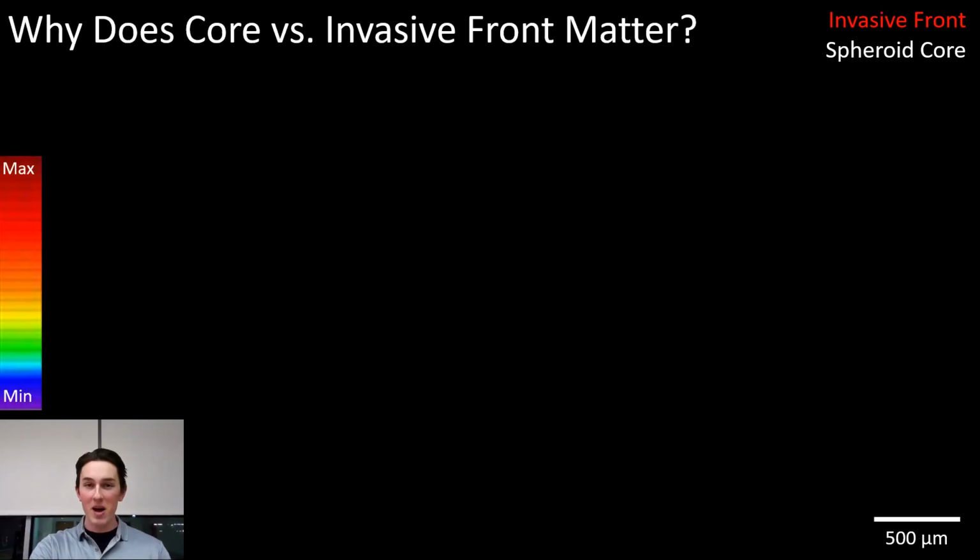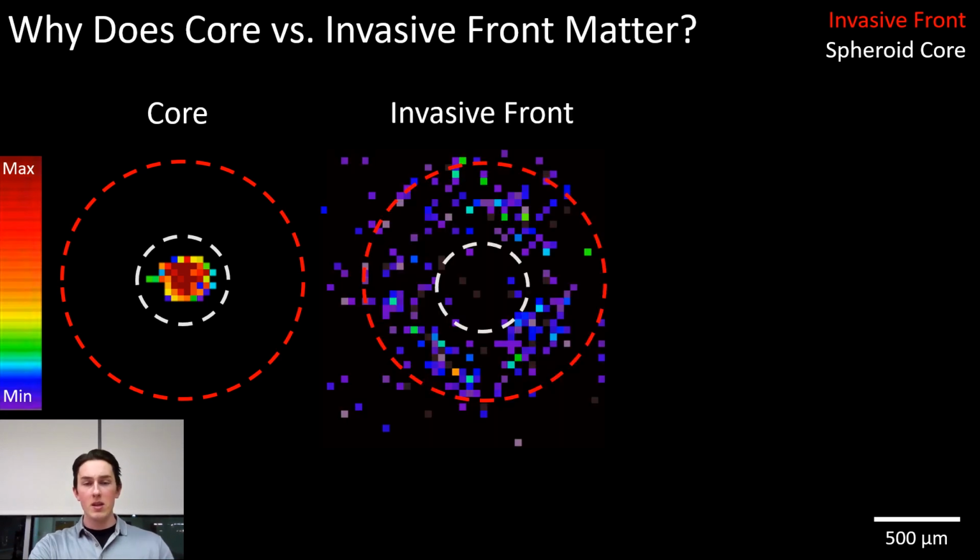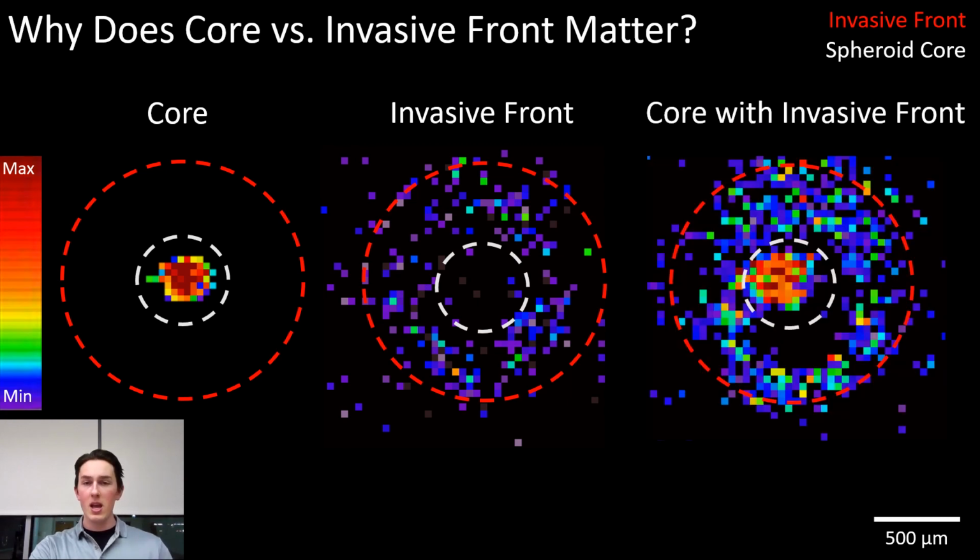Why does the invasive front matter? Well, like I mentioned before, the invasive front are those cells starting to migrate away. And if we're looking at this core image, the core really has its most intense signal at a high concentration. The invasive front has no signal in the core, it's just the invasive front at a lower concentration. And this image shows the core with an invasive front